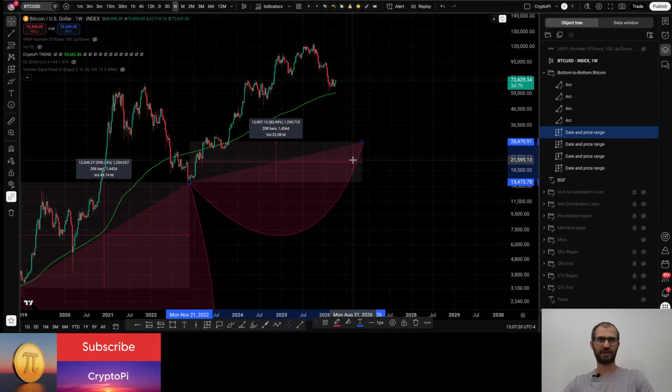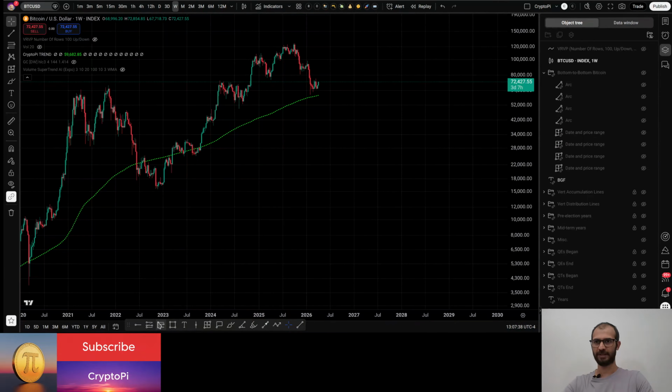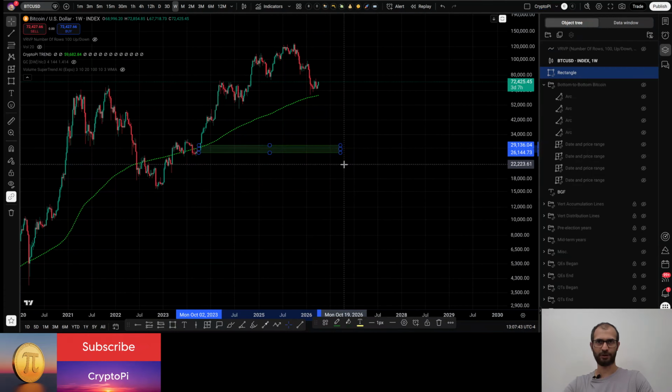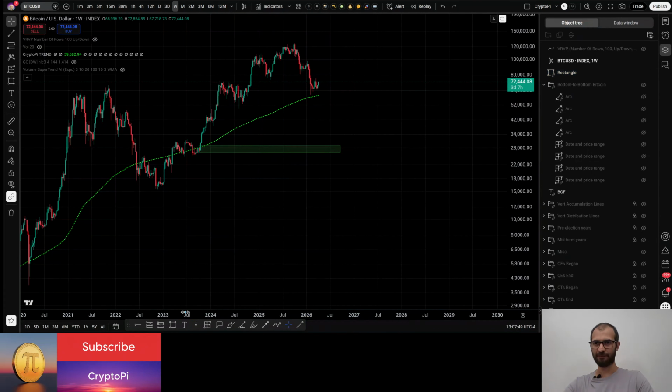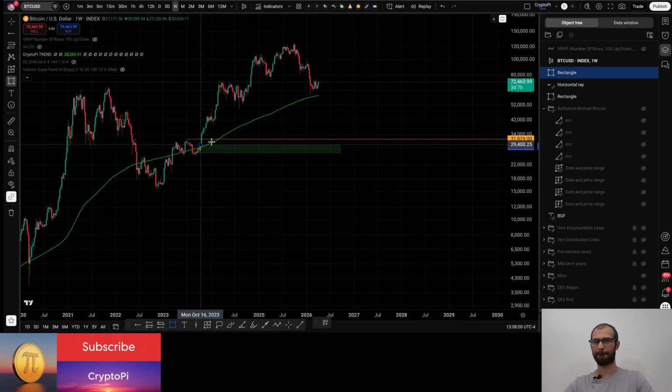If you think that this one, 28,500, what other confluences are at this price action? If you look at it from the point of view of order block, we have here a bullish order block, and according to order block theory, price usually mitigates to the order block. At the same time, we have two more entities. One of them is the breakout structure, and the other one is fair value gap.